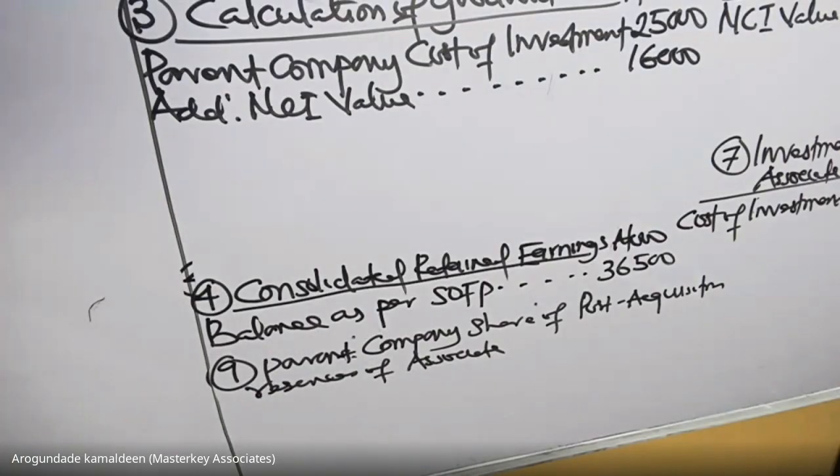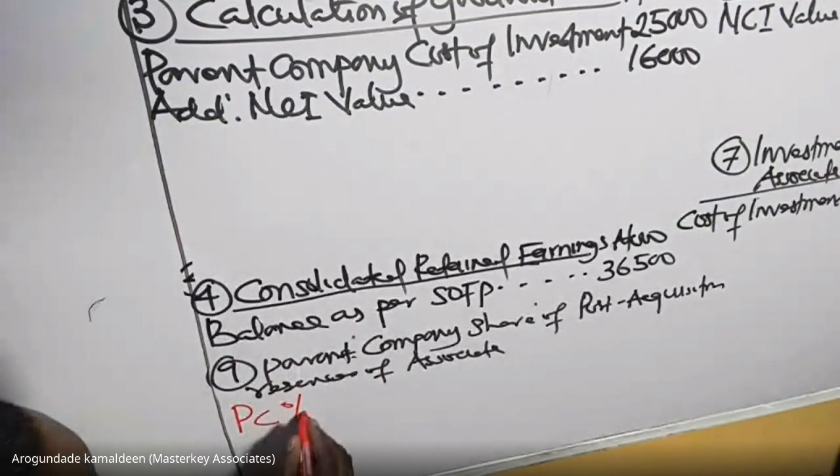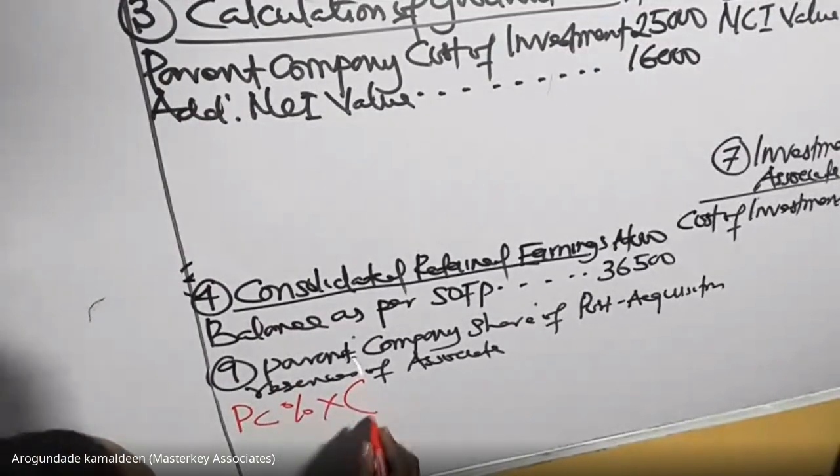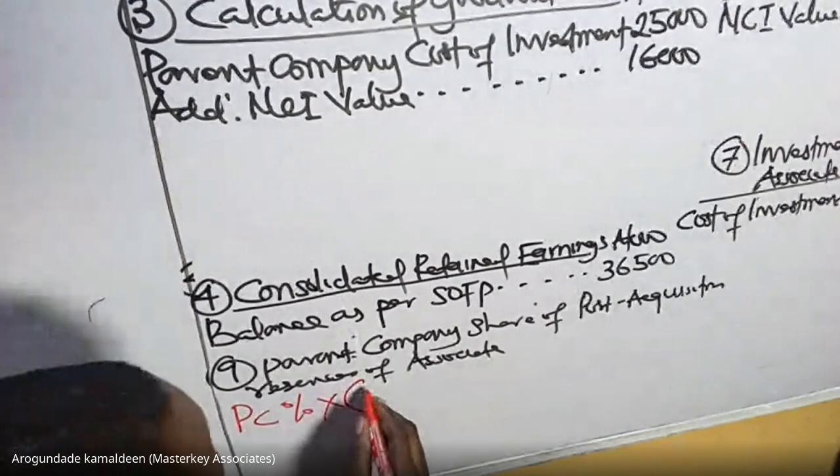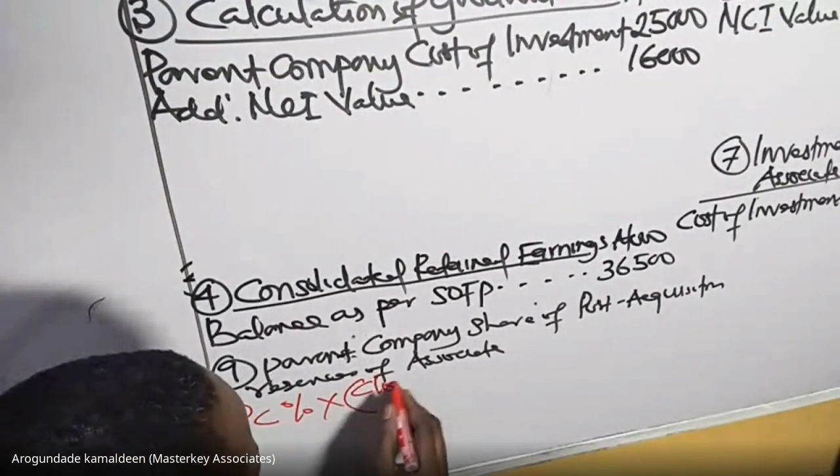So the closing is what we have in the balance sheet, 9,750,000. So there you say the parent company percentage, is it clear? Okay, percentage times the closing